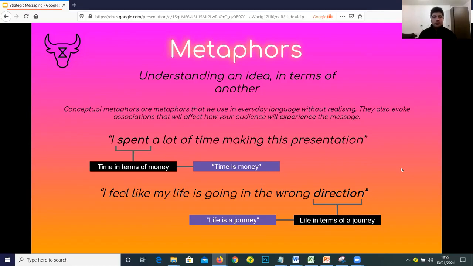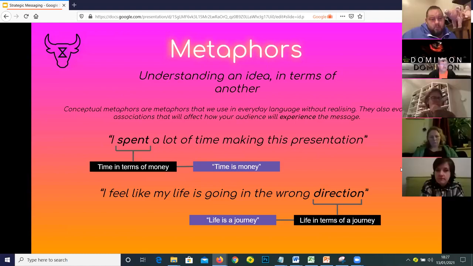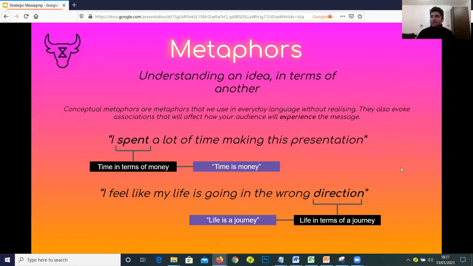And we also have another example: animal agriculture will fall, where fall is the conceptual metaphor, right? We don't want animal agriculture to actually physically fall down, right? We want it to stop, right? But the energy we're giving off is more epic than that, with it's going to fall, it's going to collapse.